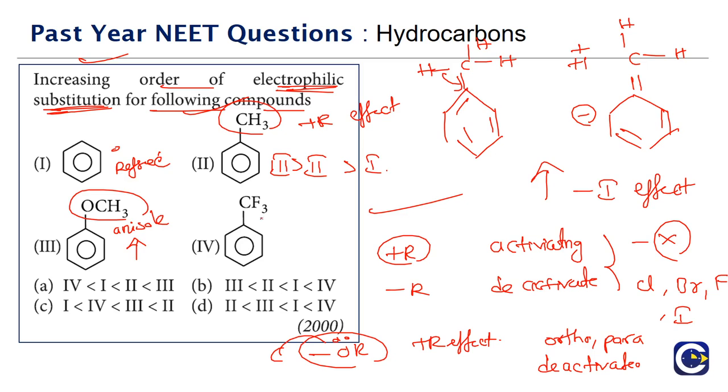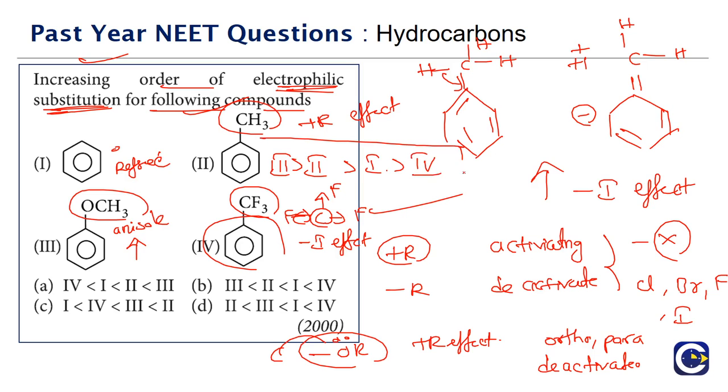Now coming to compound 4, which is CF3 attached to benzene. So CF3 means what? Carbon is bonded to 3 fluorines. Now because of the minus I effect of the fluorines, right, the carbon will become very much electron deficient. So overall the CF3 also will start showing minus I effect, meaning it will try to pull away the electron density from the ring. So which means the electron density on the ring will be lesser than what it is in the case of the benzene itself. Means compound 4 will be less reactive than the base, which is of course benzene. So what do we see?